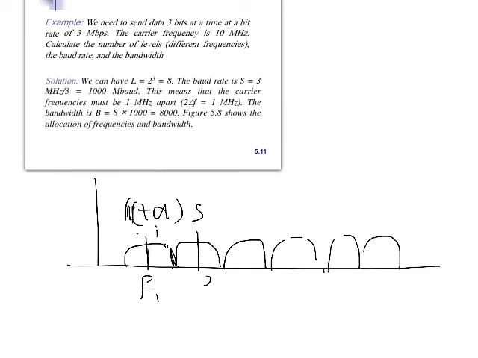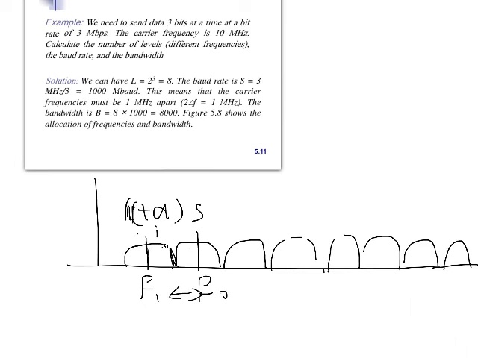With this being F2, the 2 delta F here is 1 megahertz. If this is half a megahertz and this is half a megahertz, the minimum 2 delta F is 1 megahertz. Right? And I have to create 8 of these. So the whole bandwidth of the entire signal is what? I have 8 of these, each one with width 1 megahertz. So what is the entire bandwidth? 8 megahertz.